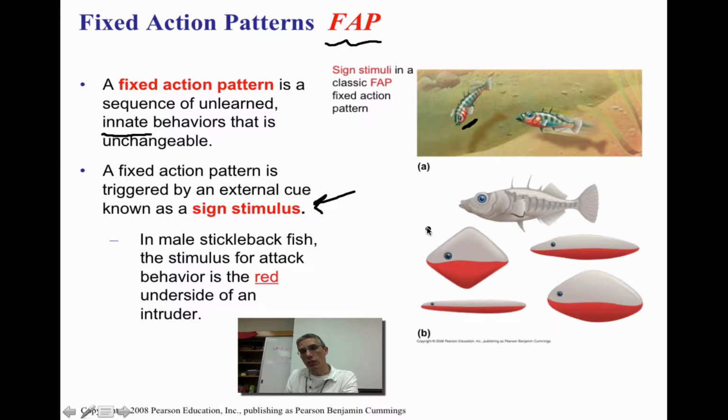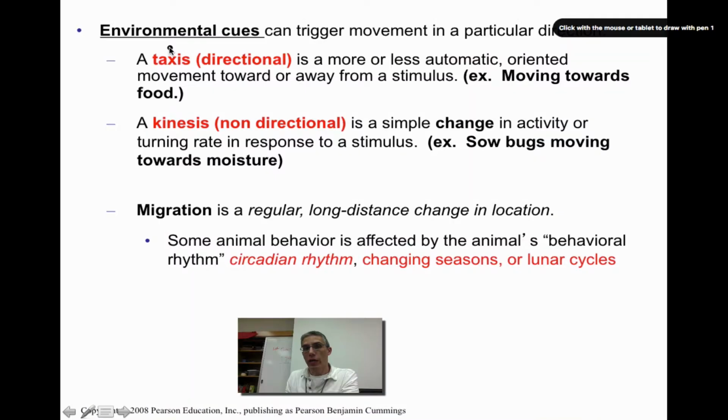So what's interesting is that we know it's an innate behavior because you can actually put other objects within the territory of that male stickleback and he will actually attack those other objects, and it's simply because of the presence of that red color. Now, as we had said in the previous screen, there's going to be some sort of environmental cue that's going to trigger the behavior that you see in the animal. Now, that behavior that we see is going to have some sort of directionality in the movement of that animal.